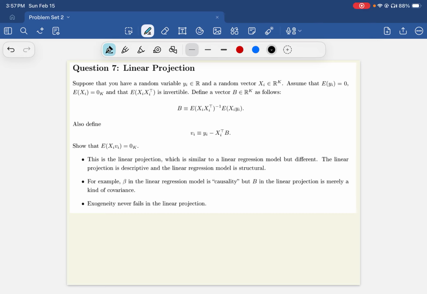Okay, here we go. Question 7. This is about linear projection. So it's very subtle. Most of the algebra is pretty common, no different from OLS or your linear regression knowledge. But it's about the mathematical argument, how you proceed with your mathematical argument, the difference between assumption and definition and result,